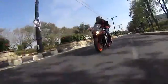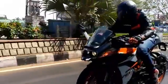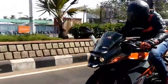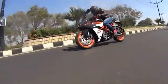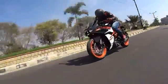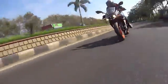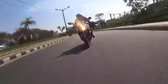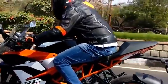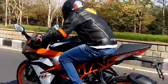Now, what do all these changes mean to us? The R3 and the Ninja 300 are outstanding motorcycles, and there's absolutely no doubt about it. I especially love the R3 for its refinement, smooth acceleration and versatile nature of being usable for daily commutes, do a bit of touring and also nail the apex on the tracks. The only gripe about the RC all along was its rigid chassis and suspension that was hardly tolerable while riding through the city streets. Now with this brilliantly tuned suspension, lighter clutch feel, smoother gearbox, lighter and crispier throttle action and a vibration-free refined engine, the RC390 is just as much as game for its Japanese rivals,